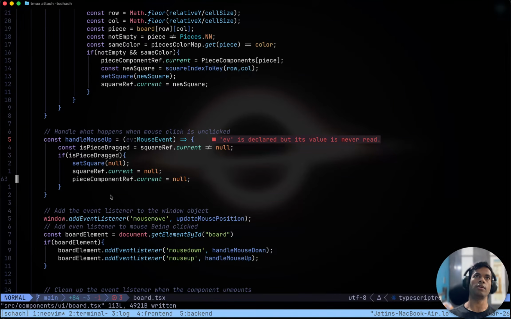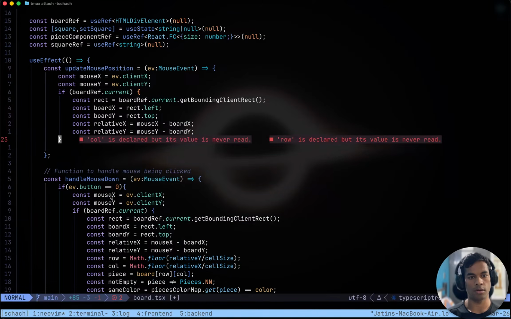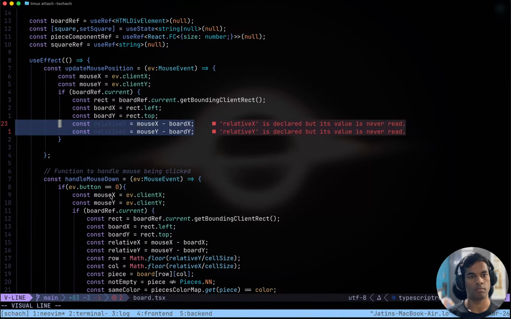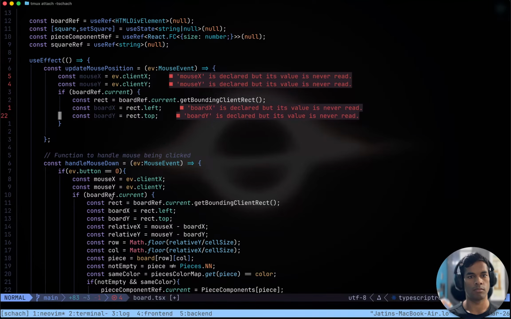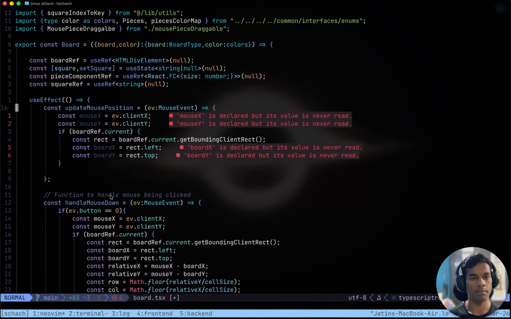EV is not being used. Console.log EV, let's say. And what are the other errors? Update mouse. Wait, shit. Update mouse position is never doing anything.